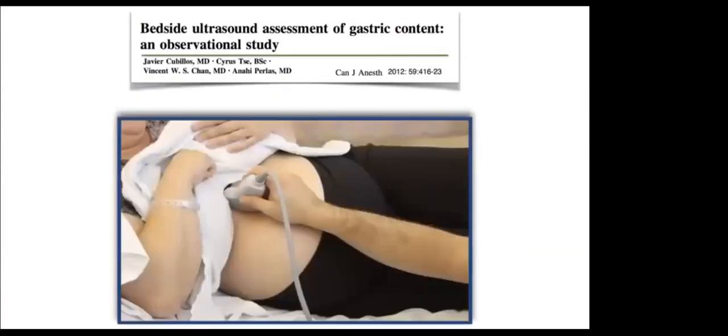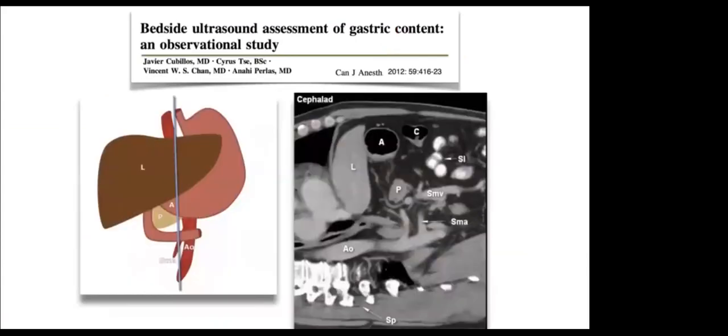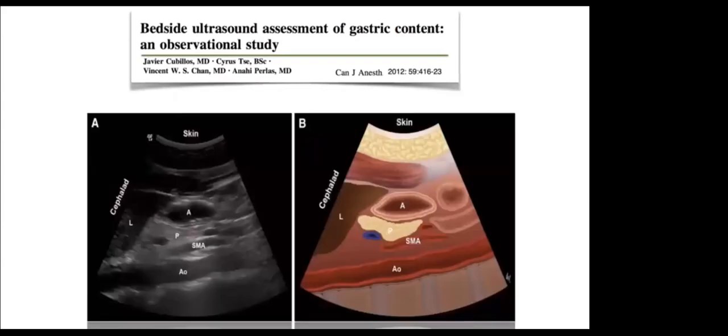Sagittal view. This is a pregnant patient, so it is feasible. You're going to go through the liver, the left lobe of the liver, in order to access the antrum. And the sonoanatomy that is relevant is the aorta at the bottom. On the side, you have the liver, and along the free border of the liver, you have the antrum.